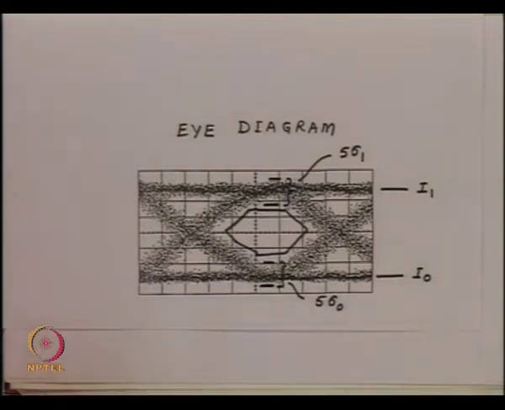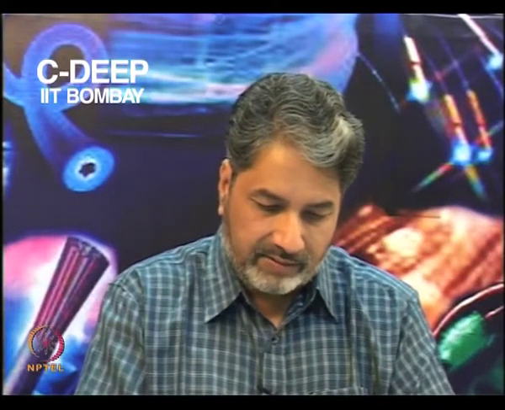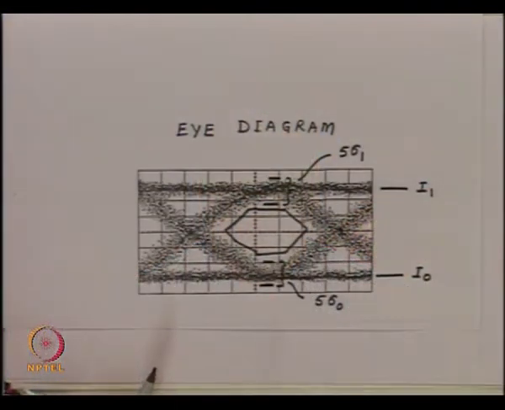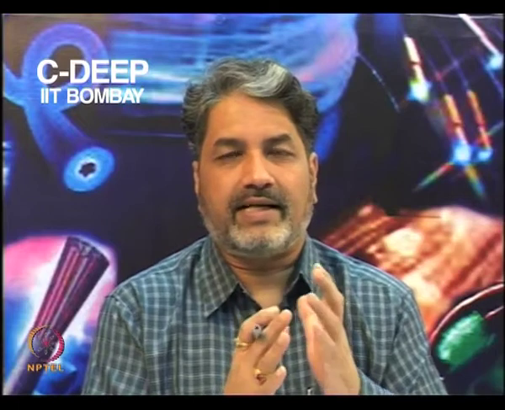If the data is coming with an absolutely constant clock, or on the receiver side, when the data is received, we generate the clock from the data, as we will see later, and if this clock is perfectly stable, these points are very steady, they do not change as a function of time. But suppose there is a small jitter in the clock,